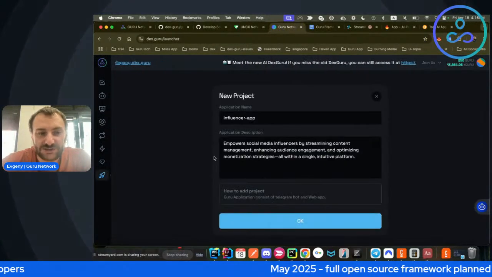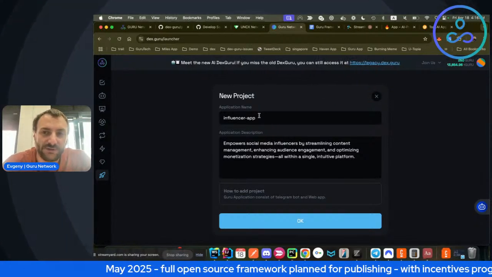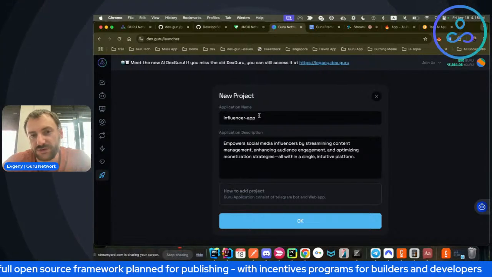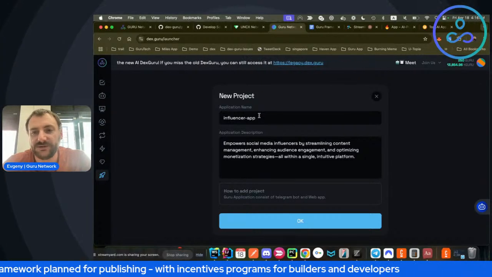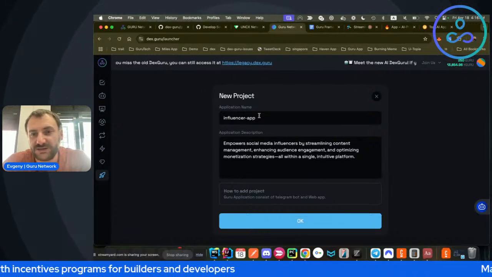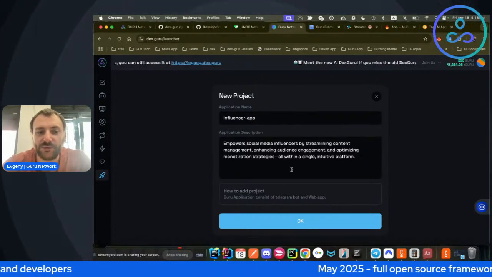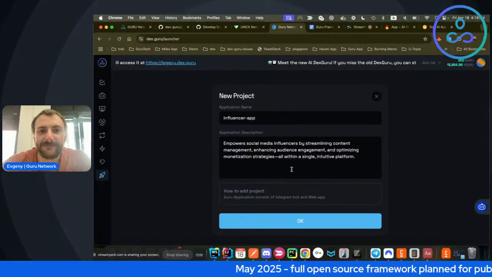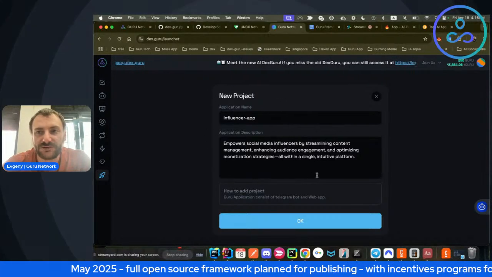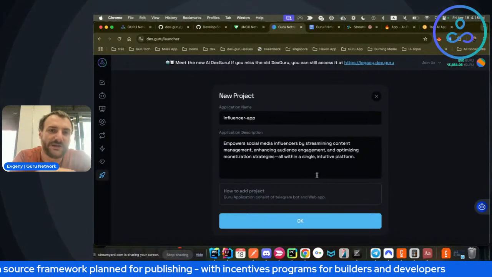So this application launcher, which we have on DexGuru here, spins up the apps on our own infrastructure for anyone who wants to spin up an app like this, and for example, integrate it into their own Telegram groups or channels or Discord, because that's a basic bundle we provide in here. We are releasing this framework. That's what we as a team are very focused on this week and next week.